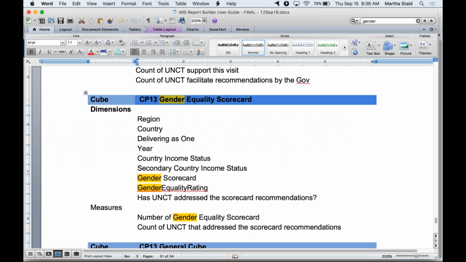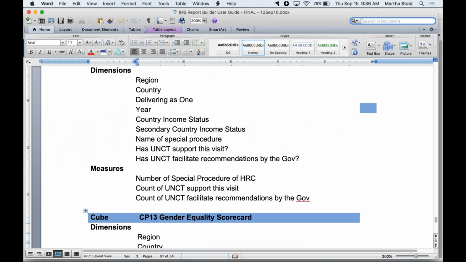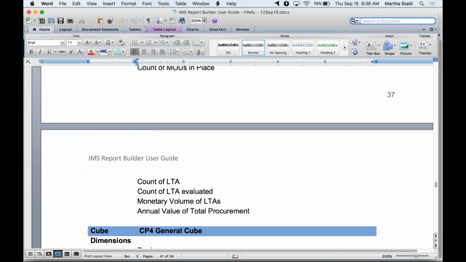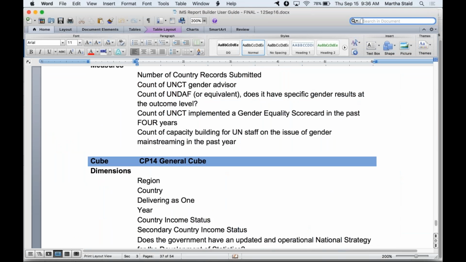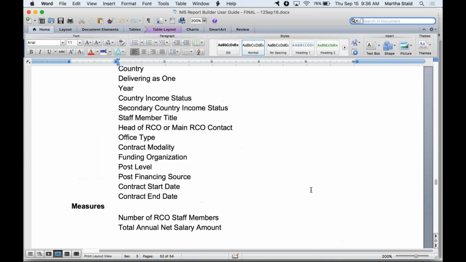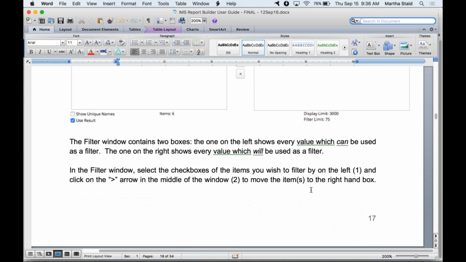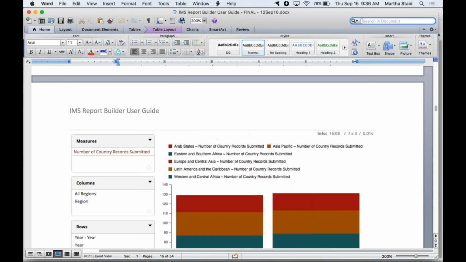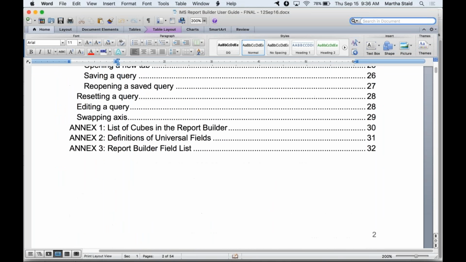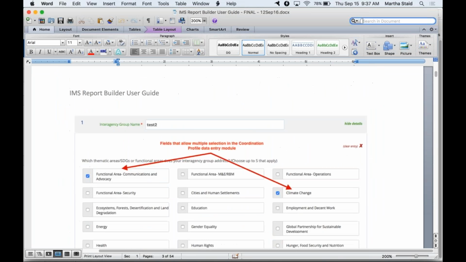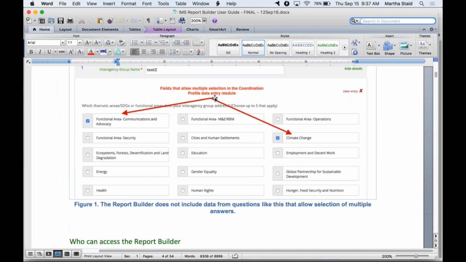There is also, and I'm going to jump back here to the user guide that we were looking at before, one other type of data that you will not find within the system, and it is information that is collected within a type of field in the system that lets users choose multiple items. So if you think about it, when you are filling out a form, there are two kinds of selection buttons.